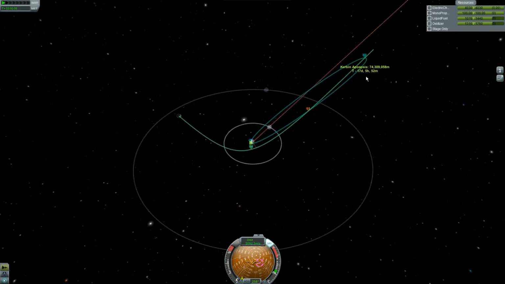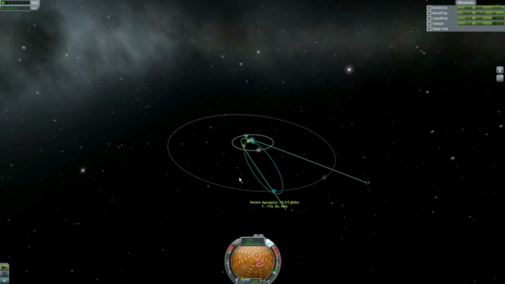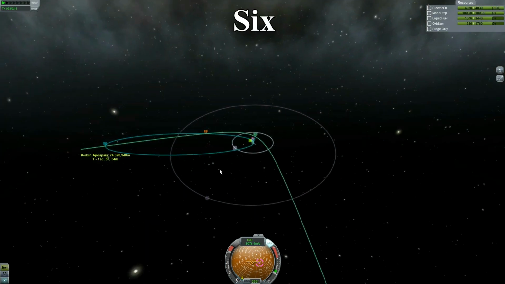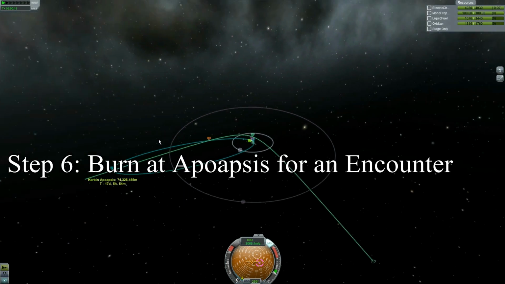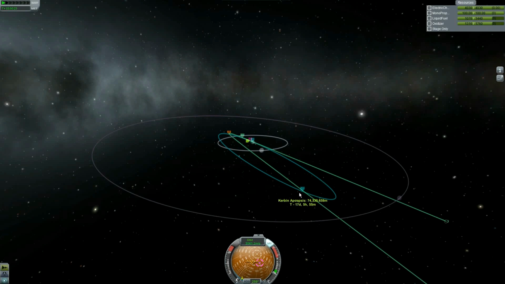When we're out here in 17 days, the asteroid is going to be nowhere near, because the asteroid's still 177 days away. We got 10% of our time wasted. Well, that's where step, I think it's 5 now, comes into play, and that is burning out here at Apoapsis. So now I'm going to plan this burn here. We want to go right past our Apoapsis, just past it. And then that way, if you look here,